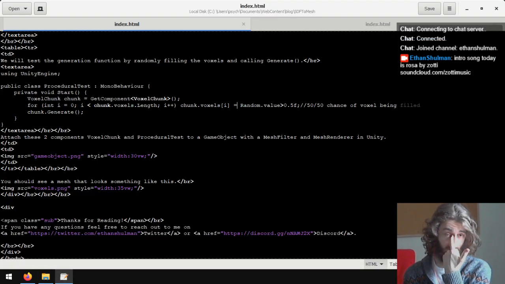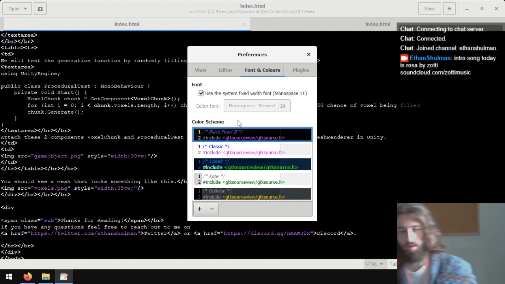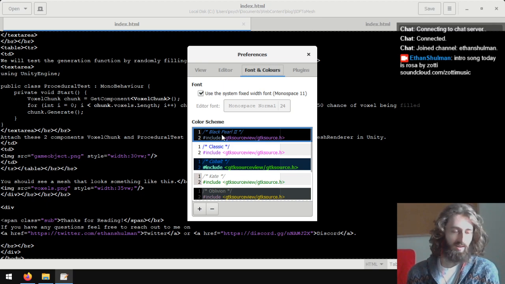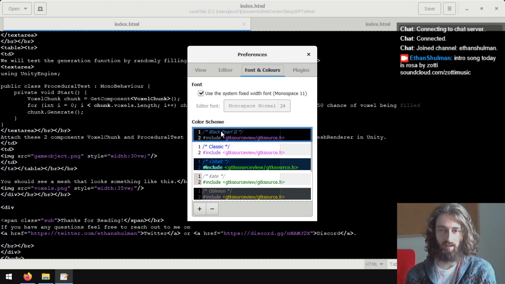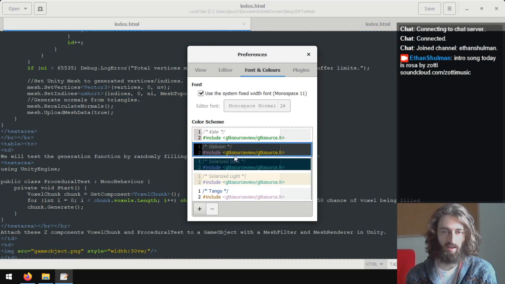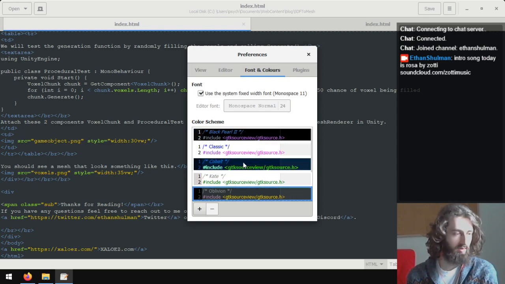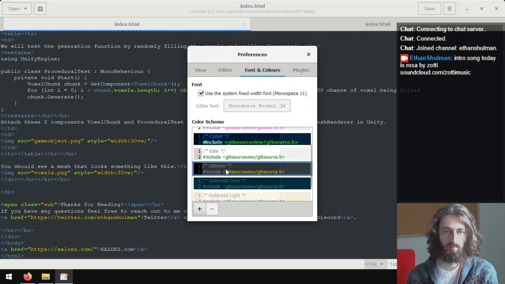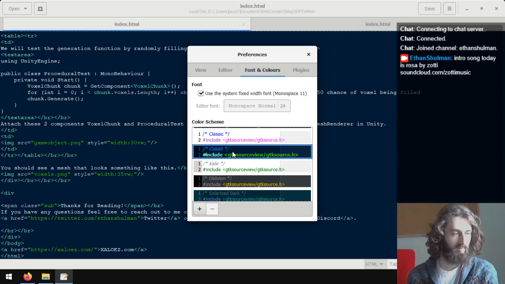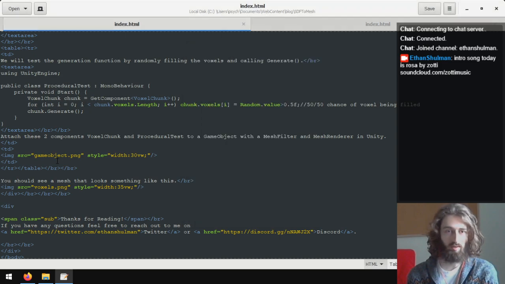And Visual Studio is slow. You know what I'm thinking of doing? I'm literally thinking of opening the GTK color style and changing this, because I know how, and I edit lots of HTML files. I don't know. Maybe I'll just use one of these other ones. I feel like that one is actually really good for